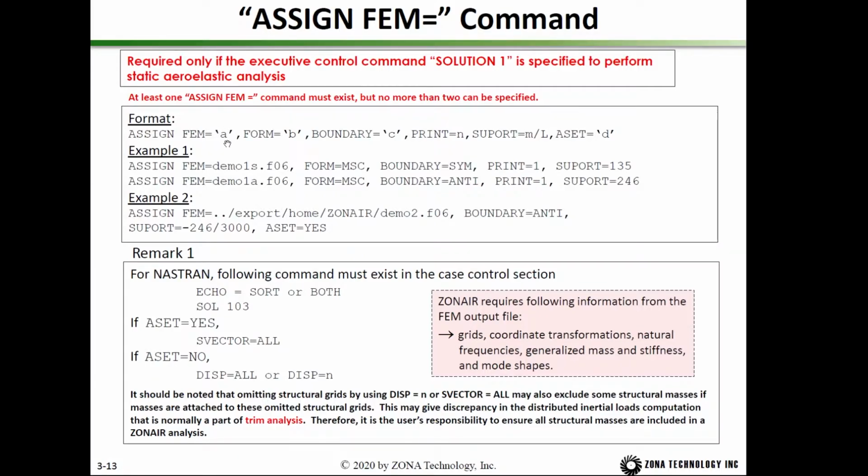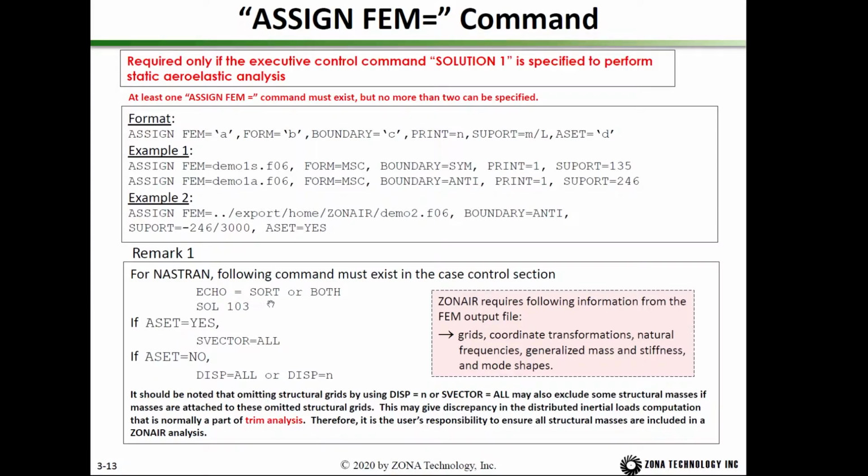This A is the finite element solver output file name, and in form B, you specify what kind of finite element solver you use. For example, you can specify MSC, and that means MSC NASTRAN or NX NASTRAN, or ANSYS or Abaqus or I-DEAS, and so on. And for the boundary, you specify what kind of boundary condition the structure model has, and then you can say support, ASET. Okay, and if you run NASTRAN, you have to use solution 103, and then you have to say